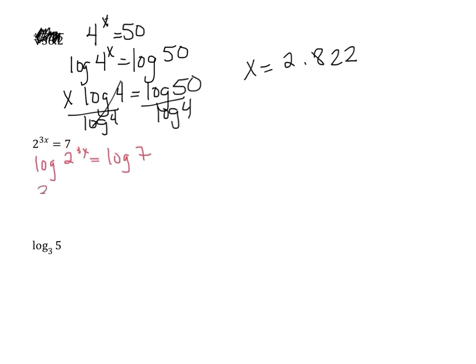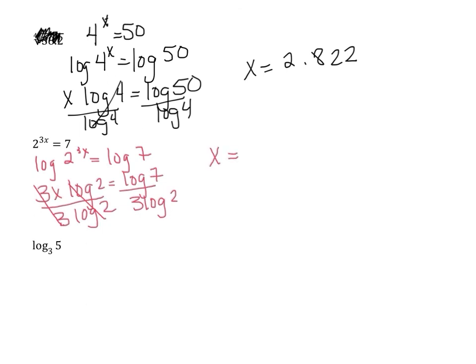So I get 3x times the log of 2 is equal to the log of 7. Then I divide both sides by 3 times the log of 2. Now why do I divide by 3 times the log of 2? I do that because I want to get rid of that 3 and the logarithm. So on the left-hand side, I'm left with x is equal to